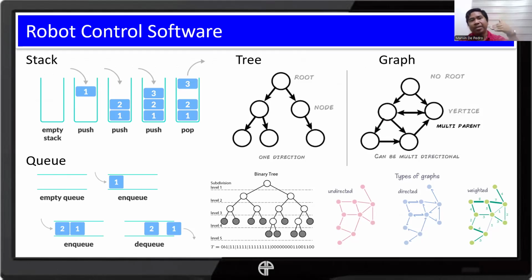So just like our Pringles. Imagine this is a Pringles can. The first piece will be the last one that gets out, right? So LIFO, last in, first out.